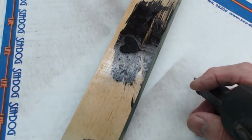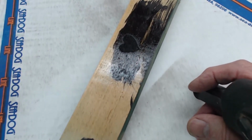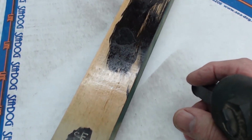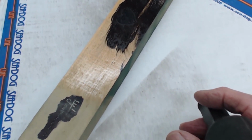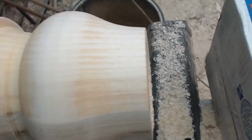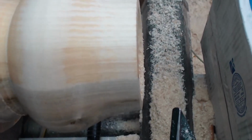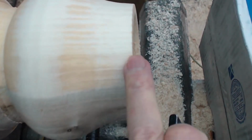So what Mike's going to do now when we get done with this, or I am really at this point done with the hollowing demo. The next demo that we're all going to do is 2 segments, and in the next one I'm going to do a tool review, and we're going to go over the boring bar and laser and everything again with the tool in mind rather than the process in mind. I normally never finish any of my demo pieces. I always kind of just toss them in a box and they get thrown away sooner or later. But because of the auction, Mike wanted to finish this piece, and so he'll have a pattern that